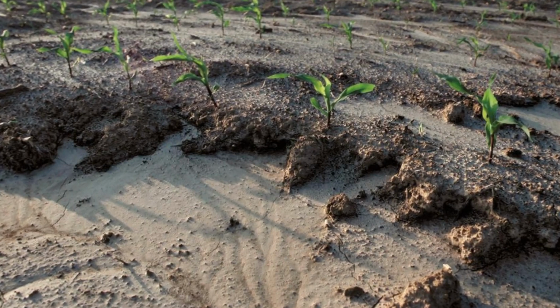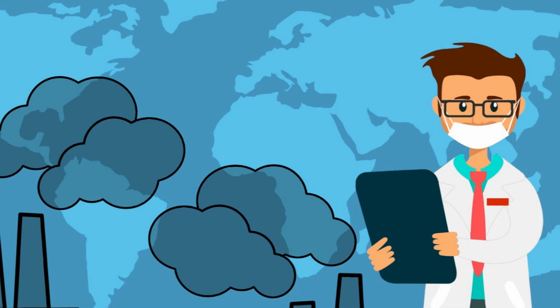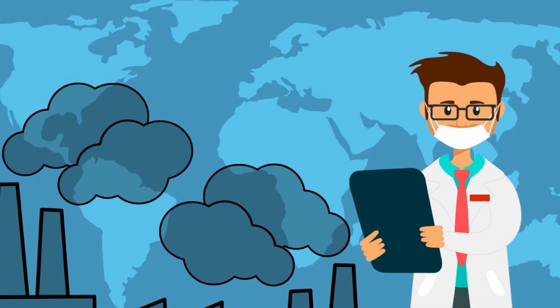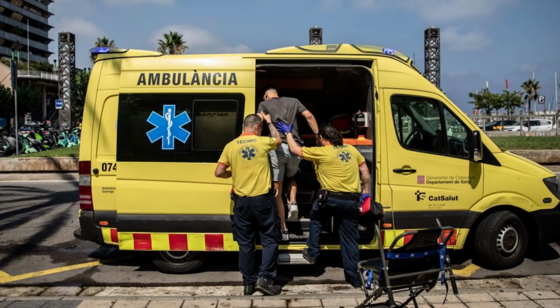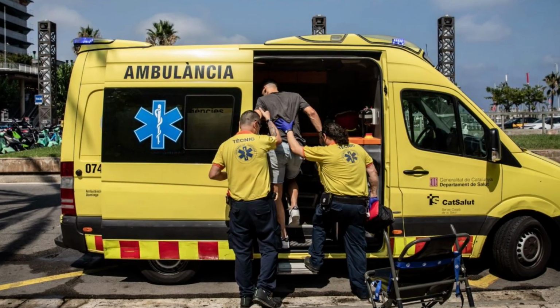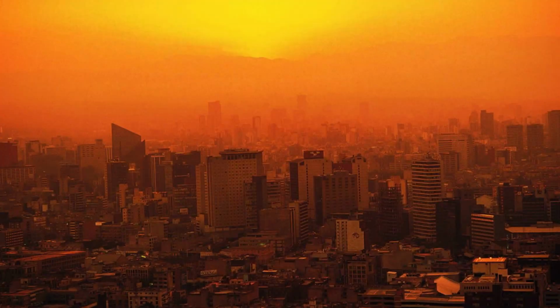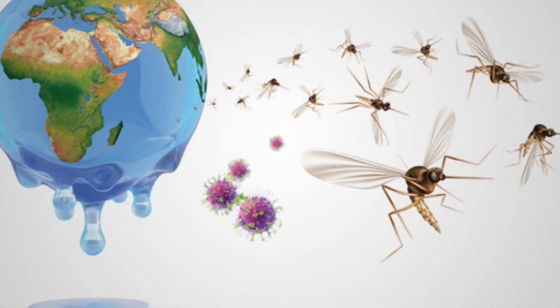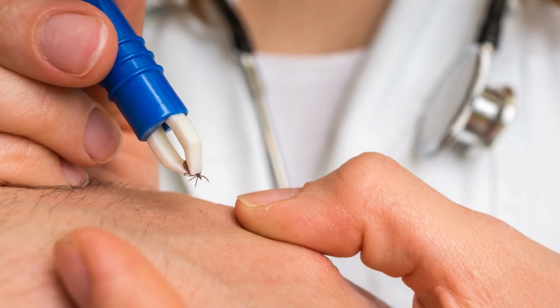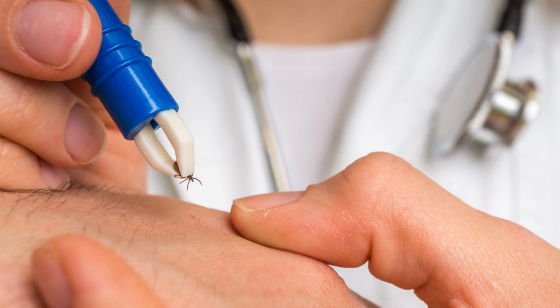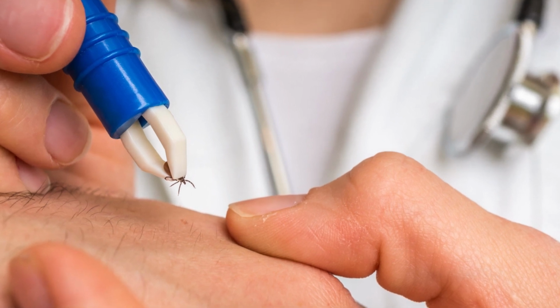Human health impact. Shifts in growing seasons and the spread of pests and diseases have further complicated food production, threatening food security in vulnerable regions. Increased temperatures have led to more heat-related illnesses and deaths, particularly during heat waves. Warmer temperatures have expanded the range of diseases like malaria, dengue, and Lyme disease, as the vectors that carry these diseases can now survive in previously unsuitable areas.